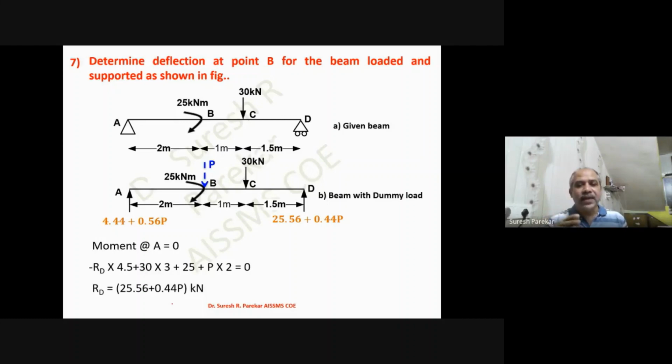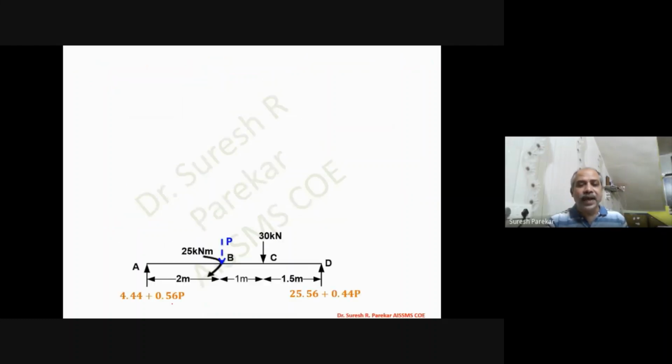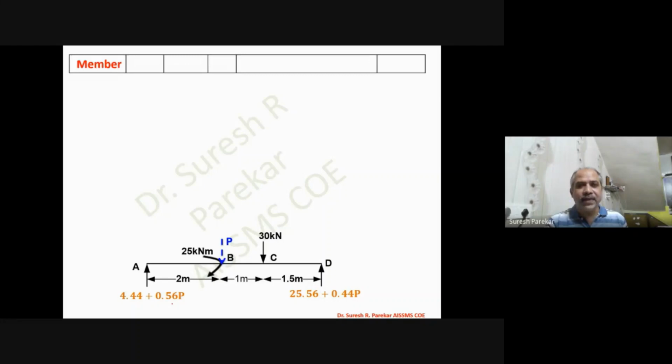And then we can go A to B, B to C, and C to D. Now here preferable A to B, and then D to C and C to B. If you come from B to C, then your terms will be more because P will be involved in that one, and then we have derivative of P also. So automatically integration and all these terms increase.